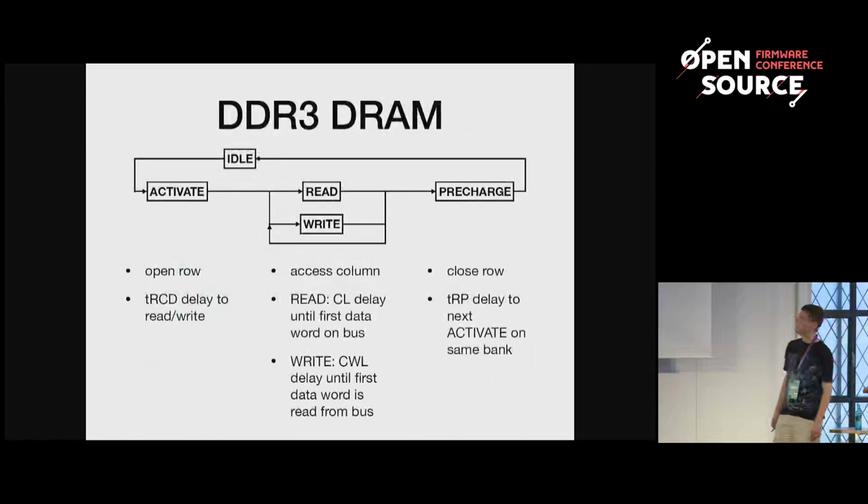Yeah. The memory access: inside the memory, you have a sort of state machine. It starts when a bank is in the idle mode. Then you send a command to open a row in a bank, and that takes a certain time before you can submit read or write requests. That's the tRCD delay.